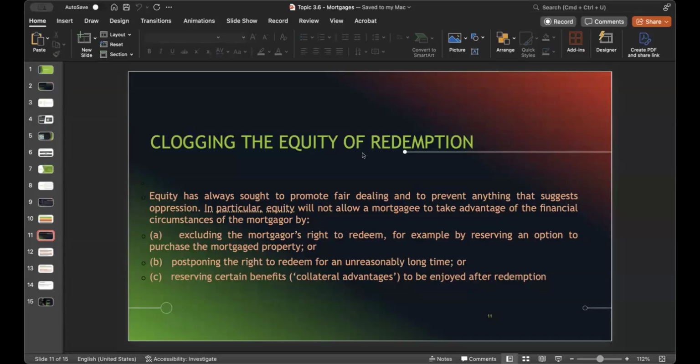Should there be any ties remaining between the mortgagor and the mortgagee after finishing paying off the loan? No, there are no ties after you have paid off the loan. The only arrangement that you have between a mortgagor and a mortgagee is actually the mortgage. And so once the mortgage is paid off in full,